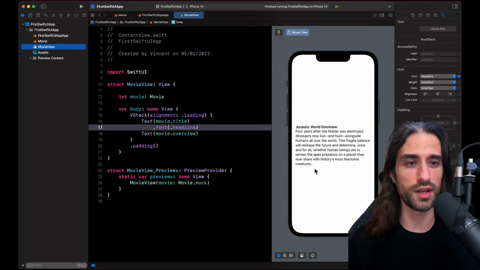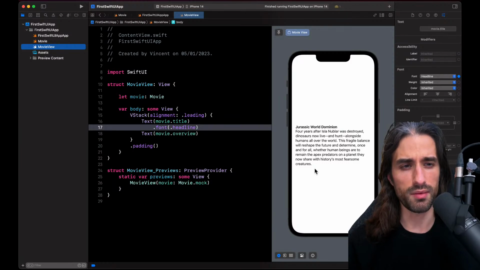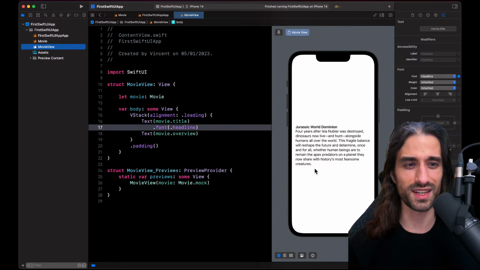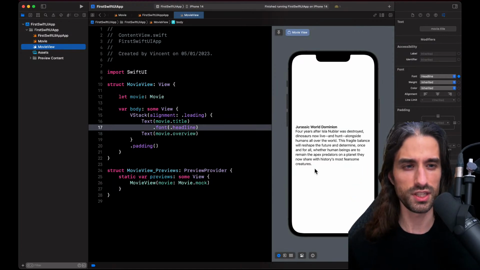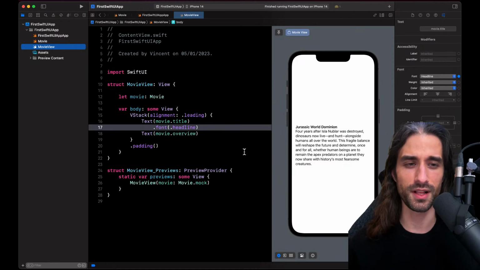Just like it would in an app like, I don't know, does the TV app do that? I would imagine that it does, but I haven't checked recently. But yeah, I think the Netflix app displays the cover and then the title and the overview. It just displays with a much more beautiful design than what we have right here, but that's the same idea.